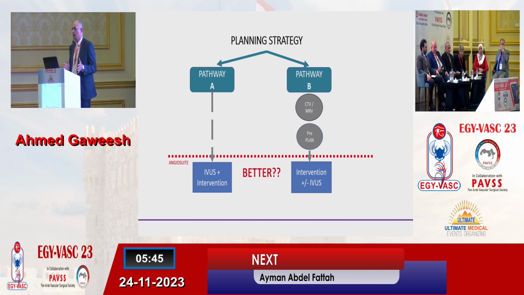Some people, when they diagnose obstruction, go directly to the cath lab and do an IVUS guided procedure. But our way, we prefer to have a pre-plan. As we said, we do a direct CT venography in all cases. We always pre-plan our cases before going into the angio suite. And then we can use IVUS or not. You can pre-plan everything so that you don't need IVUS